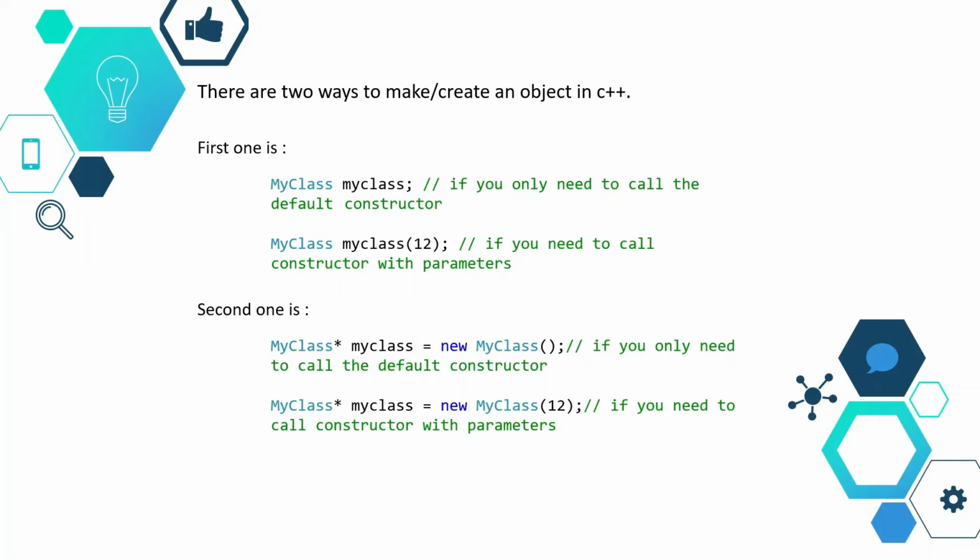Before we move on to virtual functions, let's go back and see the two ways in which you can create an object in C++. In the first case, we are creating an object statically, while in the second case, we create an object dynamically. In this case, we are using the new keyword, and it is returning a pointer to the object. Pay special attention to the second case because we'll be discussing it in virtual functions.